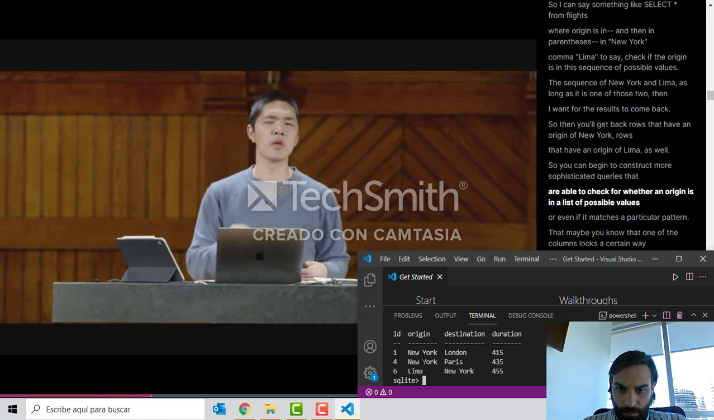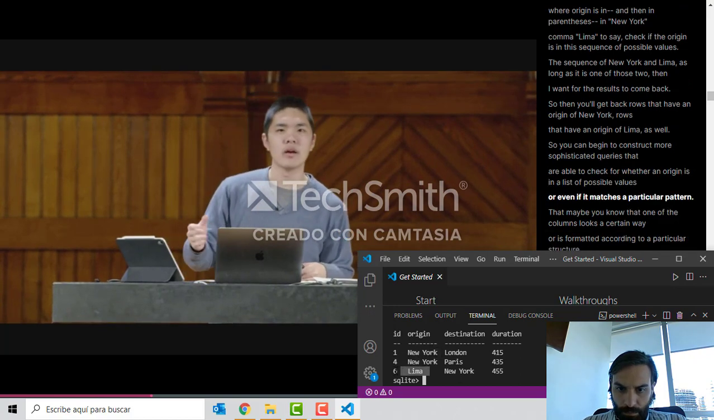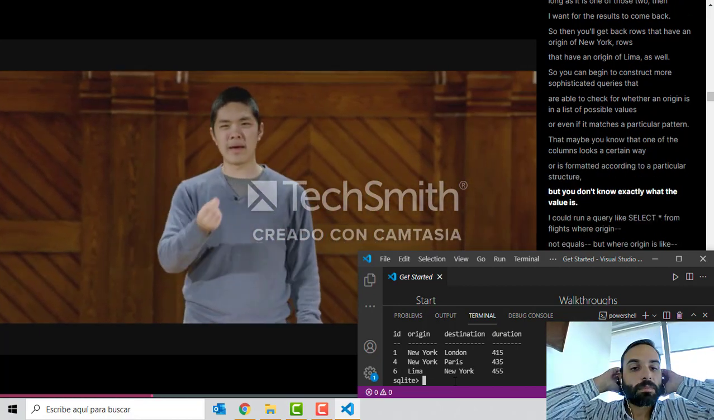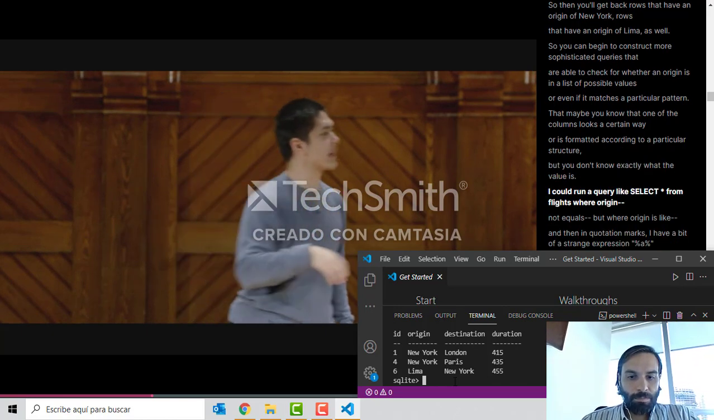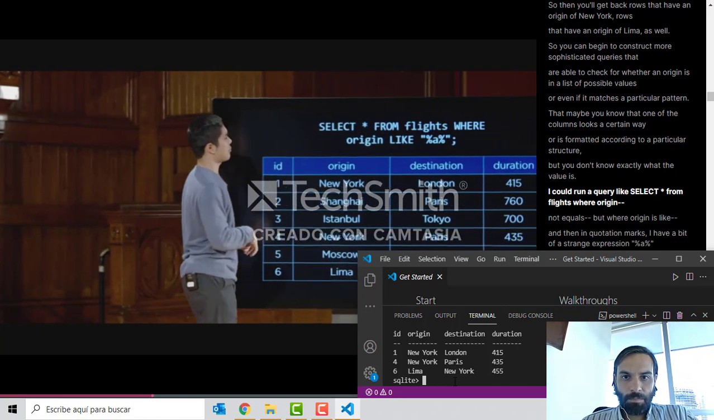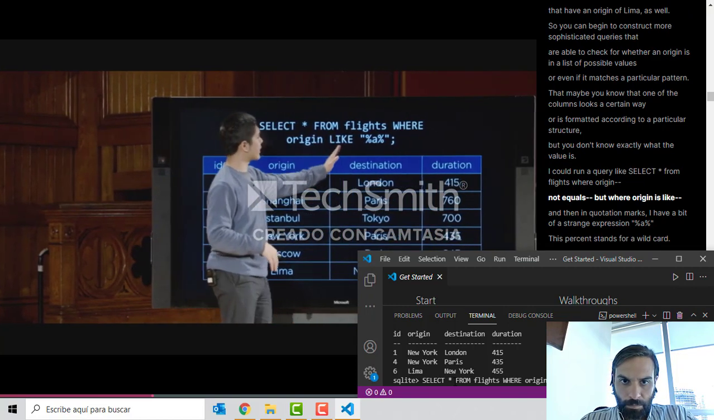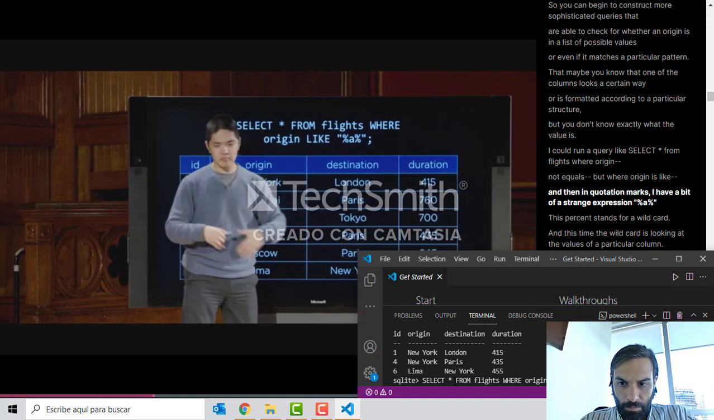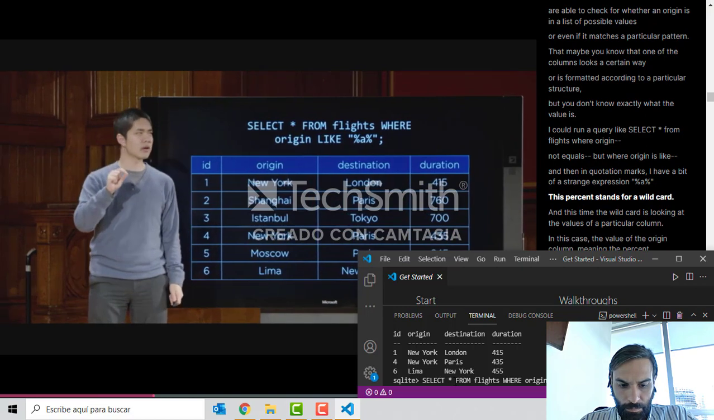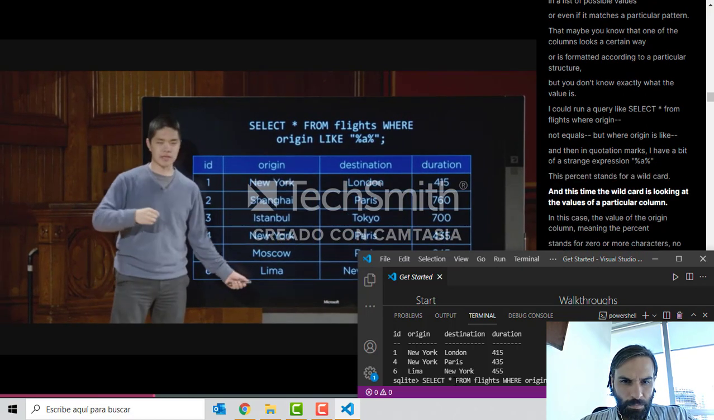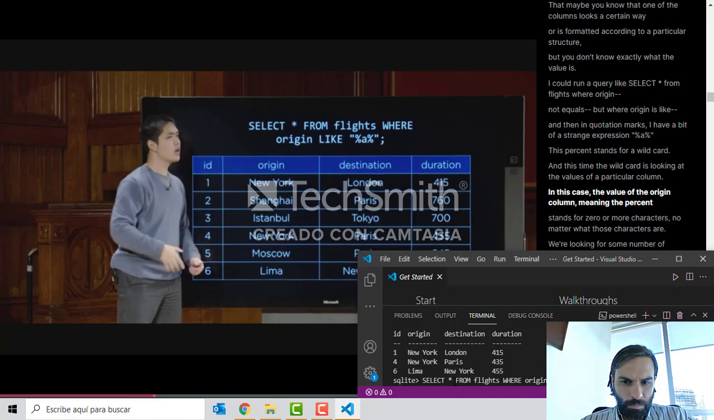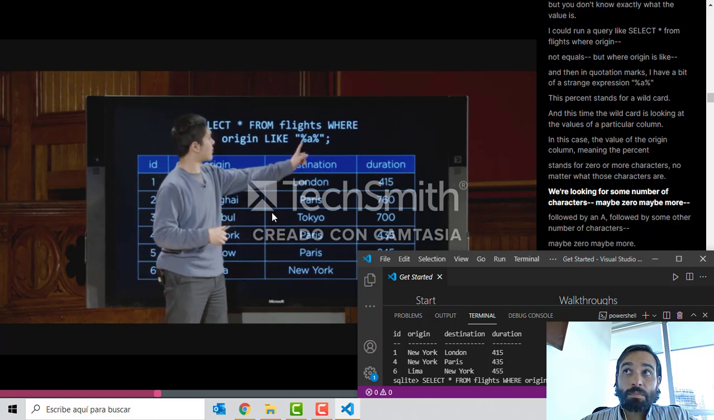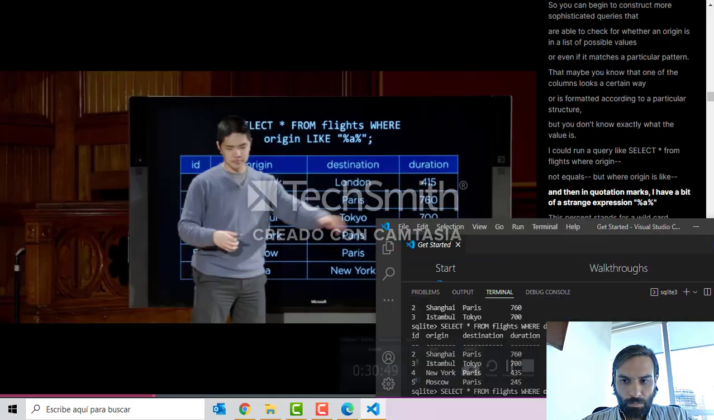So you can begin to construct more sophisticated queries that are able to check whether an origin is in a list of possible values, or even if it matches a particular pattern. Maybe you know that one of the columns looks a certain way or is formatted according to a particular structure, but you don't know exactly what the value is. I could run a query like select star from flights where origin is like, and then in quotation marks I have a bit of a strange expression, %a%. This percent, again, stands for a wildcard. And this time the wildcard is looking at the values of a particular column. In this case, the value of the origin column, meaning the percent stands for 0 or more characters no matter what those characters are. We're looking for some number of characters, maybe 0, maybe more, followed by an